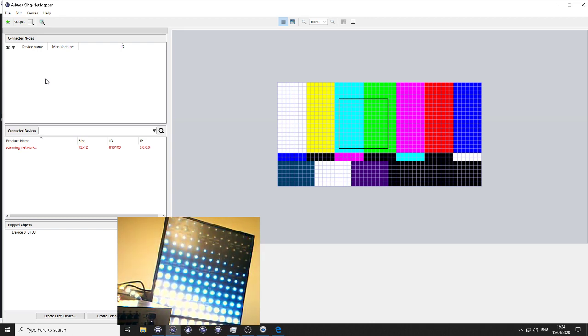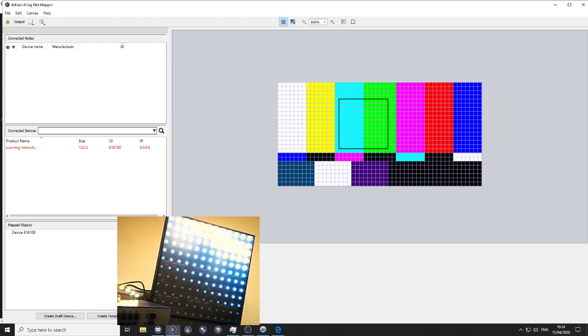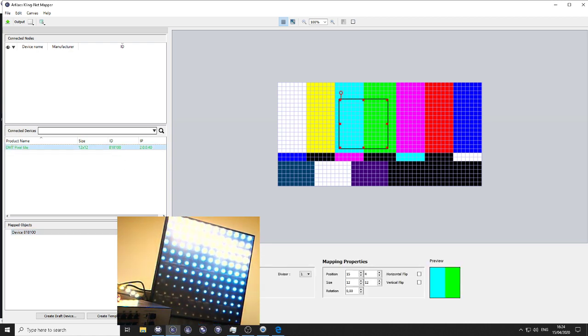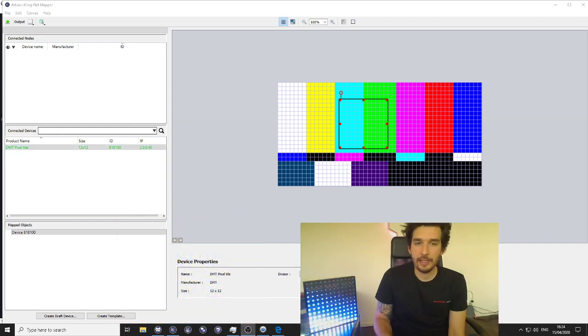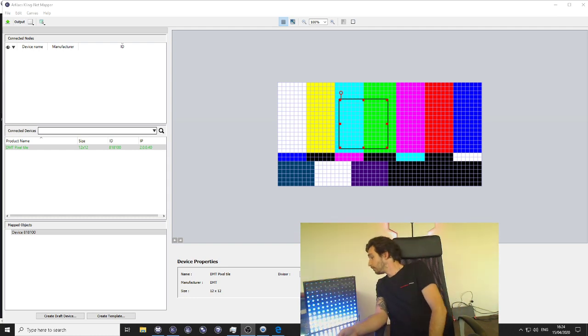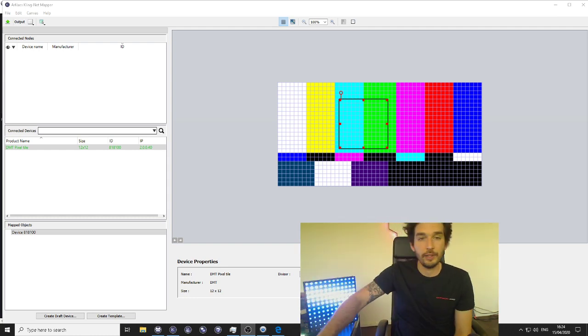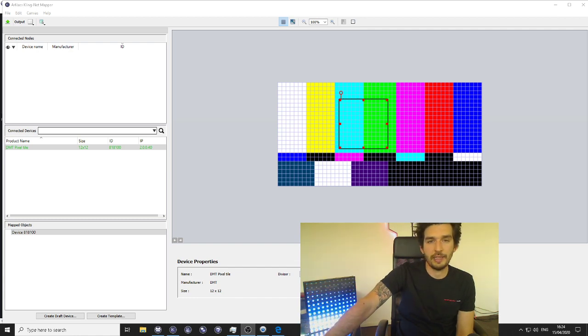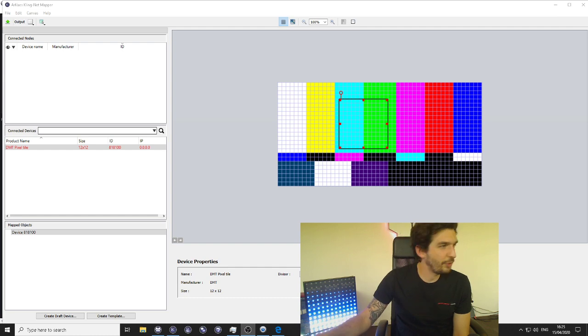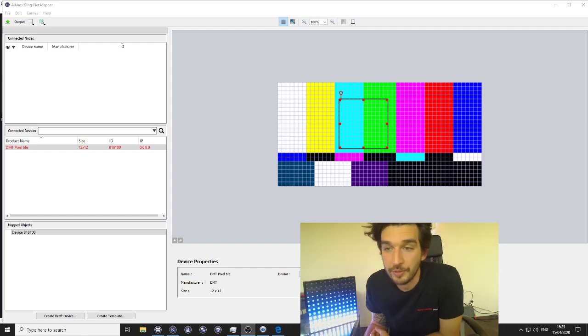Edit, open ClickNet Mapper, rescanning the network. There we go, my fixture is found, it's green, so it means that the fixture is mapped and is there. As I explained, it's a two-way protocol, so if I unplug, I'm going to try to find the right wire, if I unplug the Cat5 from my switch, you see that my fixture is now showing red because it's missing.